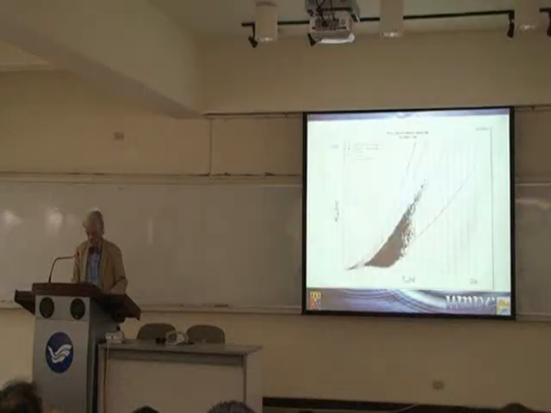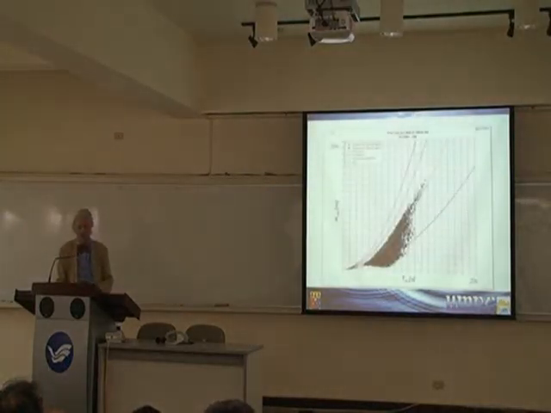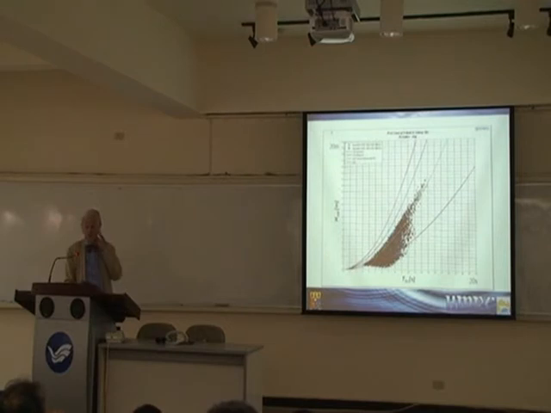So if you go back to the open ocean, this is the scatter diagram again: wave height, wave period, joint probability for the open ocean. And if you then look at scaling the wave height by the quarter scale, and the wave period by a half scale, the period scale goes as the square root of the length scale, so scale the wave periods by